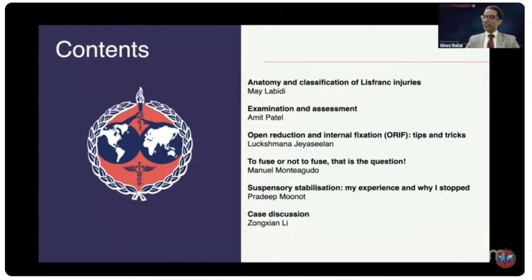Following is Mr. Luckshmana Jeyaseelan. He's a consultant trauma and orthopedic foot and ankle surgeon. He's the clinical lead of trauma and orthopedics at Bath Health Orthopedic Center. He's the training program director at the Royal London Trauma and Orthopedic Rotation, and he's the past chair of the Foot and Ankle Committee. Then we have Manuel Monteagudo, who is the director of the Orthopedic Foot and Ankle Unit